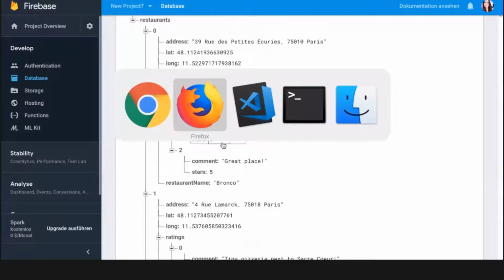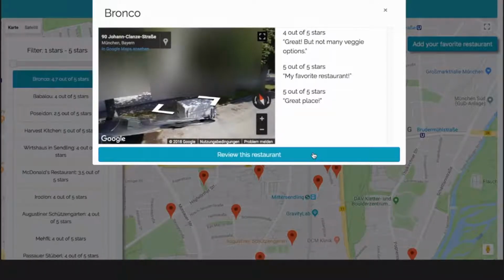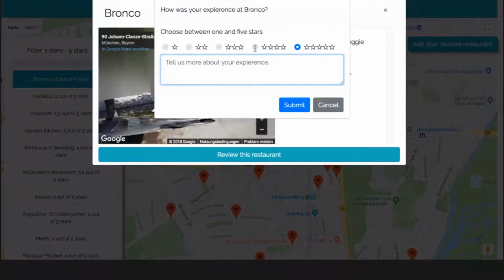So I'm just gonna show how I add a review to this. So you click the button on here, and it displays the restaurant's name in here again. And then you can make a selection from the radio buttons and just add a review. If you were to not add anything and submit it, it would tell you you have to add a comment there. So for the sake of this presentation, I'm just gonna write